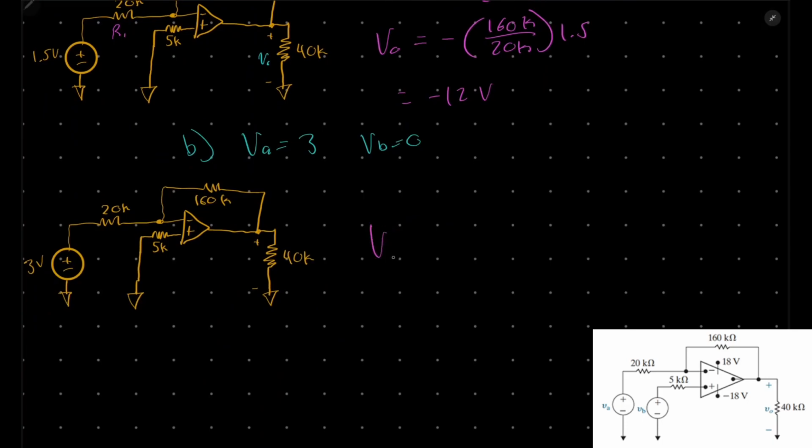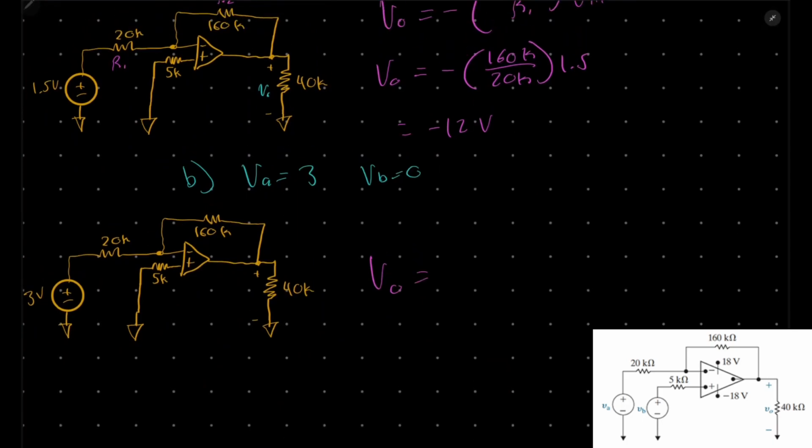So V out is going to equal negative 160K over 20K times 3. So doing the exact same process, we get that V out is going to be equal to